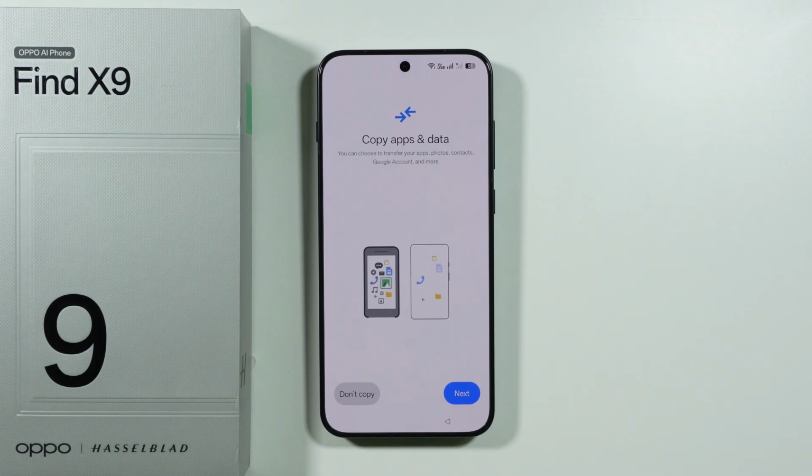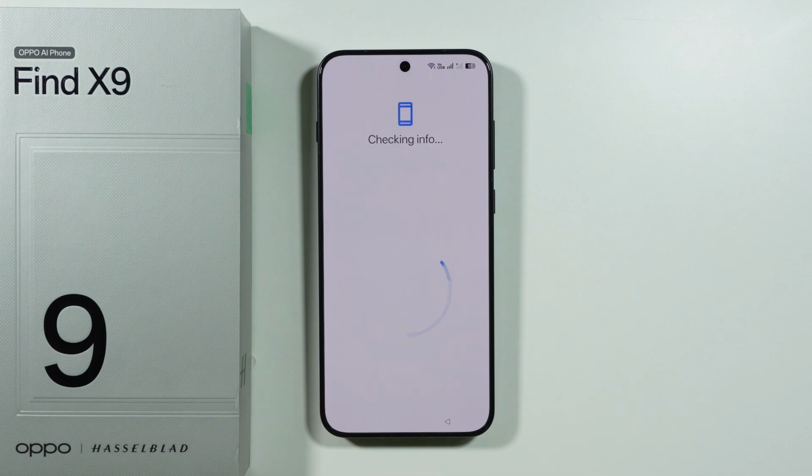Now, once again, we can copy apps and data from our previous device. We can also use the Google backup. If you use that over here, if you go next, then probably you will have to sign into a Google account, and then you will find the list of backups on your Google Drive. In my case, I once again want to perform a clean setup, so I'm gonna choose don't copy,